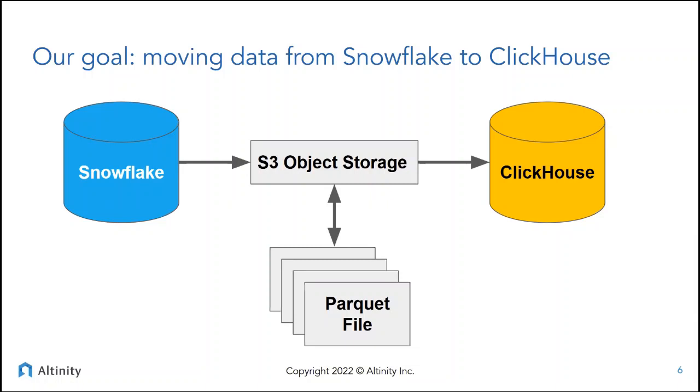The problem with that is that it's pretty slow. You have a single network connection, and you're affected by bandwidth and latency between Snowflake and ClickHouse. It's not a particularly good way to move large amounts of data. There are other ways you can do it, but for moving data in bulk, generating Parquet files, and we'll get into what that format involves, it's a portable format for columnar data, and putting it in object storage is a great way to move non-trivial amounts of data.